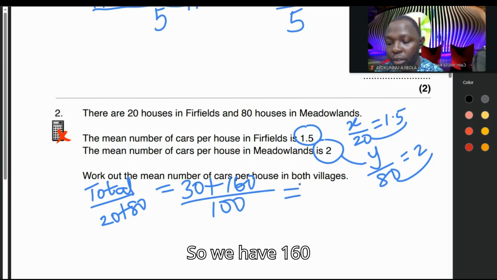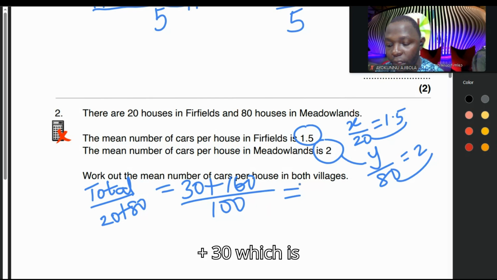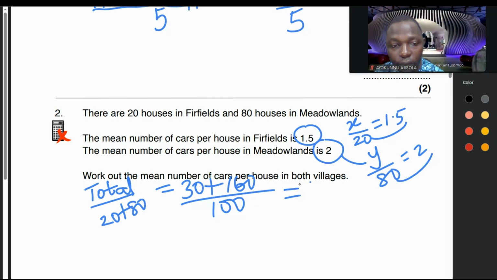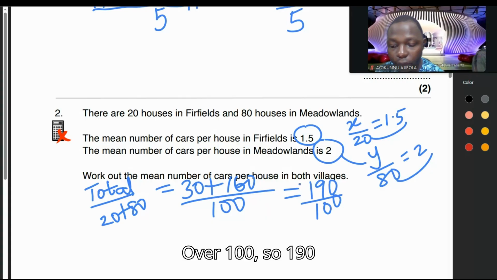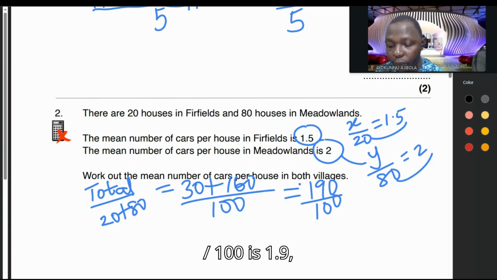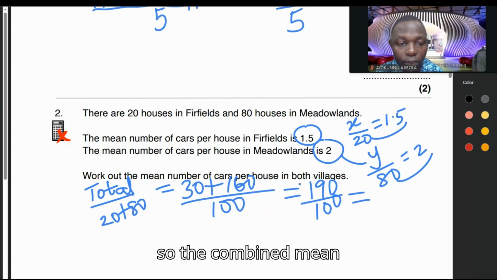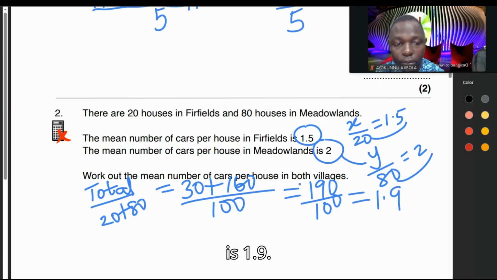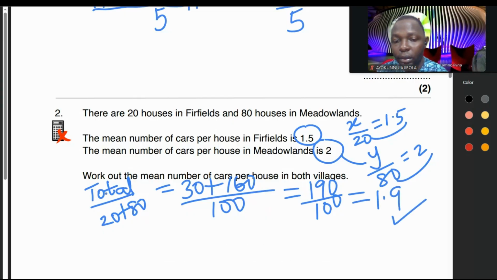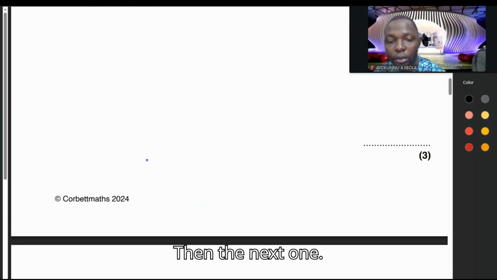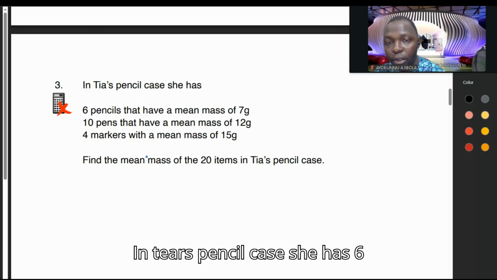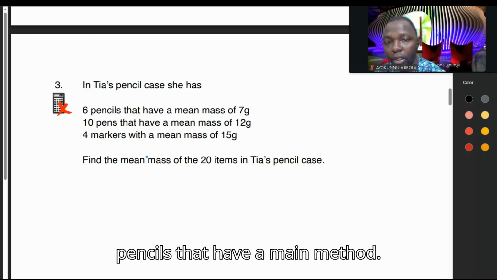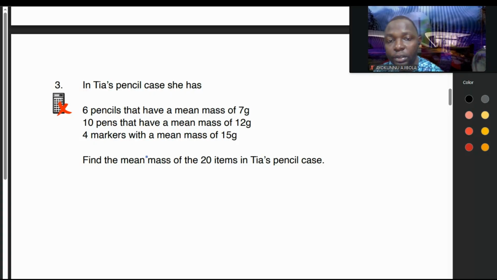So we have 160 plus 30, which is 190 over 100. So 190 divided by 100 is 1.9. So the combined mean is 1.9. Then the next one. In Tia's pencil case, she has 6 pencils that have a mean mass of 7